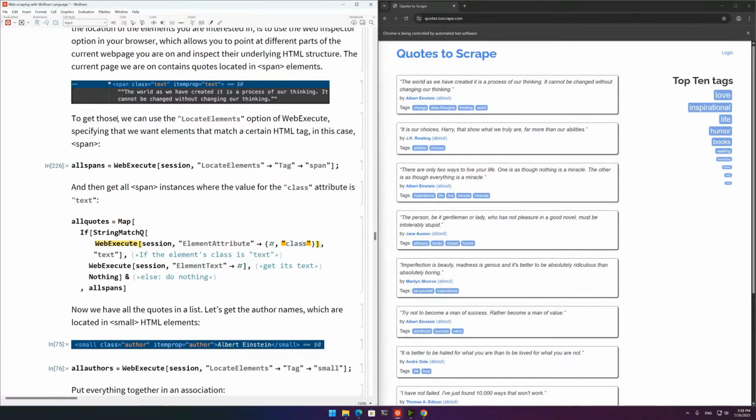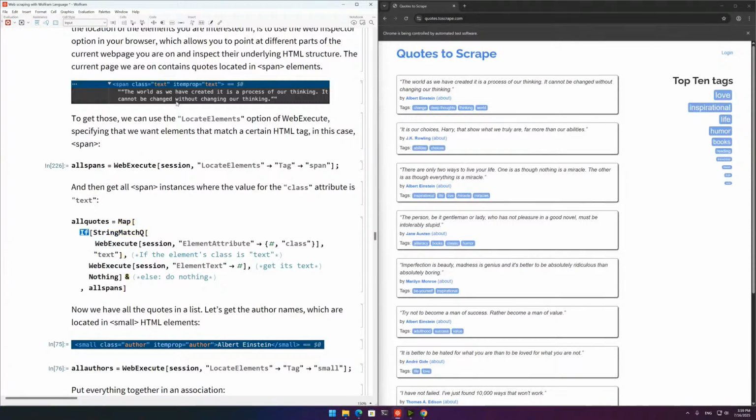If we run that on a quotation, it's going to give us text. Essentially, we're saying for each of the span tags that we have, give me their class values. Because it's class equals text, we're going to get the text. And we are saying that if the value matches text, because we know that this is where our quotations are,